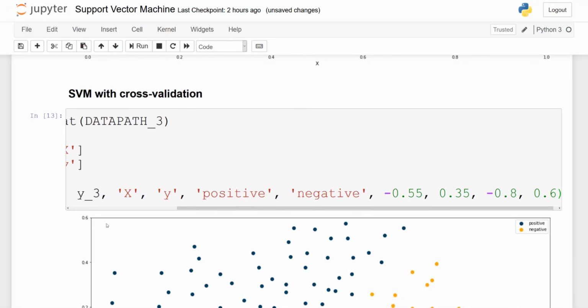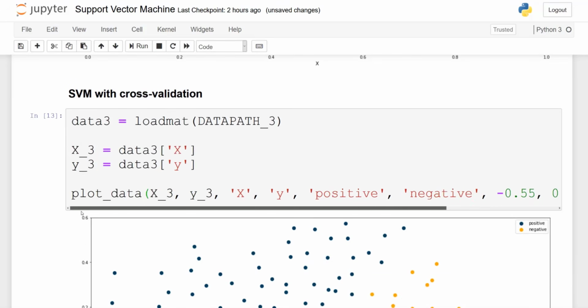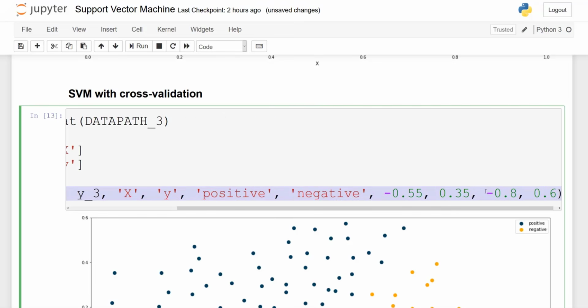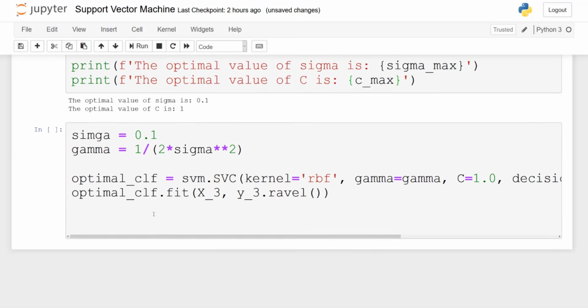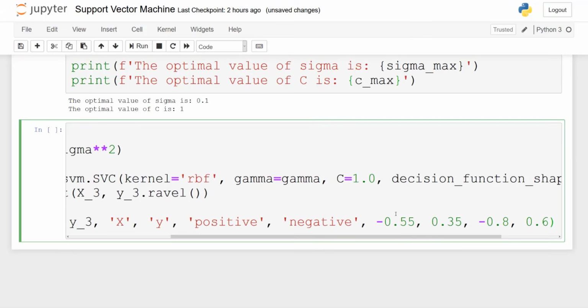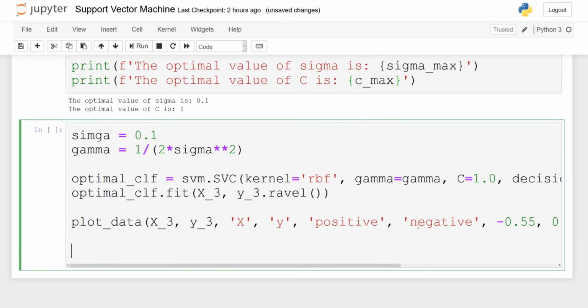Then we will plot the data. So again, just go back up. Let's grab this line here and paste it back in our current cell. And as before, we will now find the points for the boundary and we will plot it. So x1 and x2 is np.meshgrid.